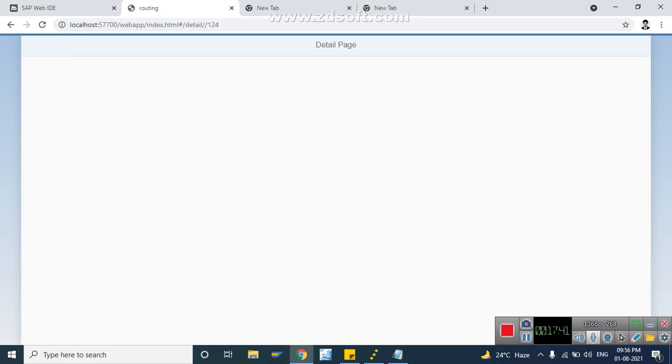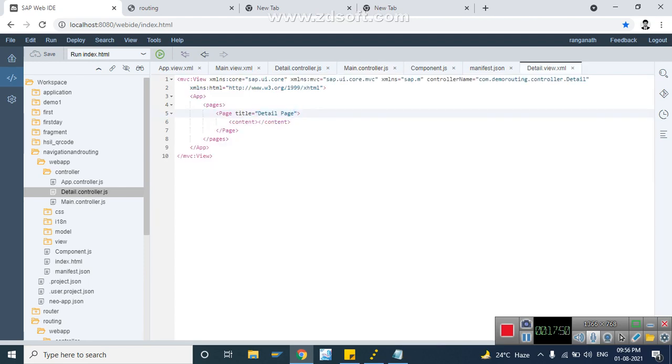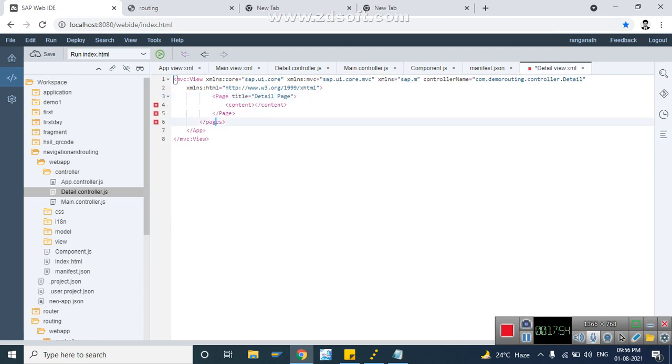In the detail page we don't have a back button, so we can define that back button as well. Actually for pages we have a back button, but that is hidden. We don't need this app, we need only the app page. So here you can just say show nav button. If you set show nav button as true, then it will show one back button there.